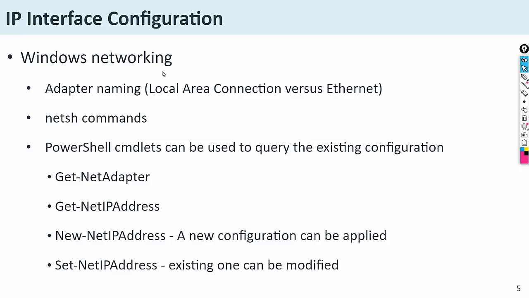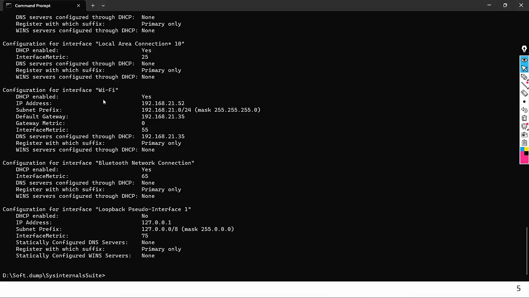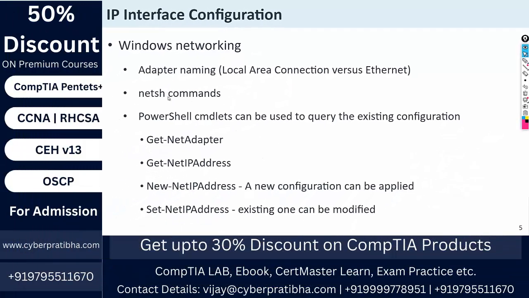In Windows networking adapters, I have already told you the name, different names for different network interface cards, like Wi-Fi, local area connection, Bluetooth network connection, loopback pseudo interface. Okay,